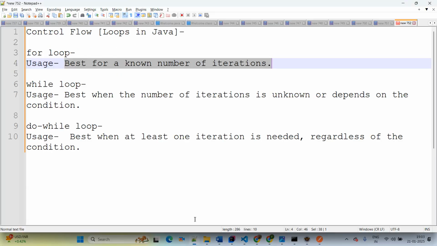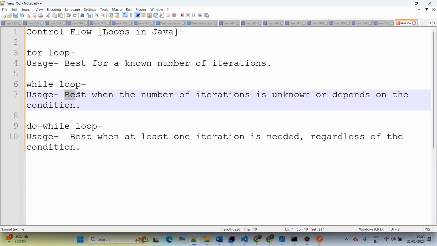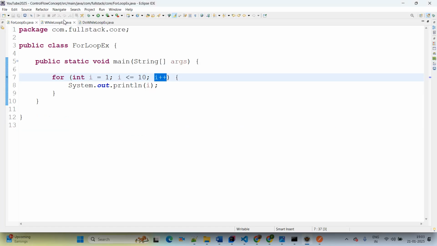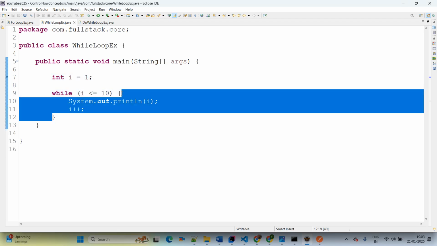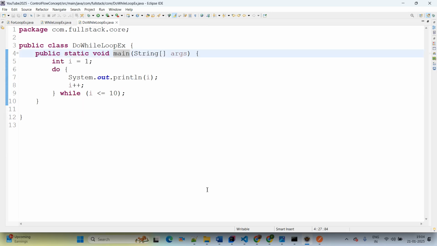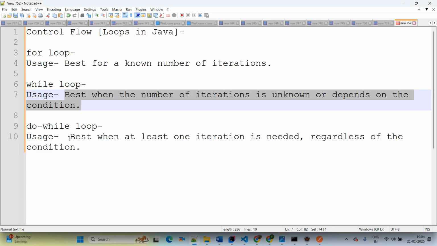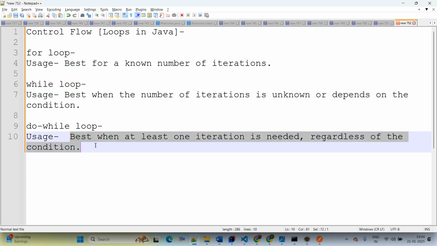Now coming to the while loop, best when the number of iterations is unknown or depends on the condition. Then see, here is the best example for a while loop. Here we have given the condition, and if the condition is satisfied, then it will execute the statement there actually. Then as per business requirement, you can go to the for loop, while loop and do while loop. Now coming to do while loop, it is best when at least one iteration is needed